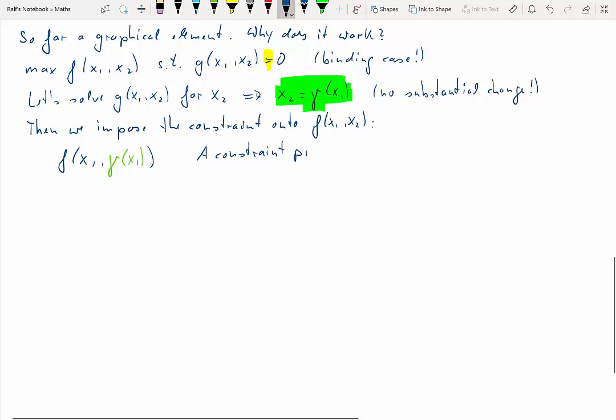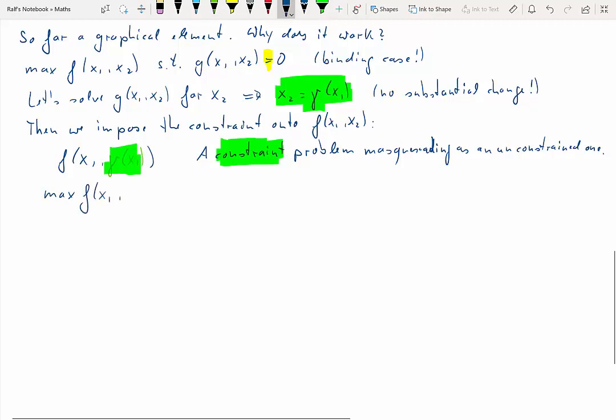So what we basically have done here is we formulated a constrained problem as if it was an unconstrained problem, because we incorporated the constraint into the function itself. Why does that help us now? Well, it helps us because we are now just applying the well-known techniques of unconstrained optimization. So let's restate the problem in its slightly changed form. We want to maximize the function f(x1, gamma of x1),